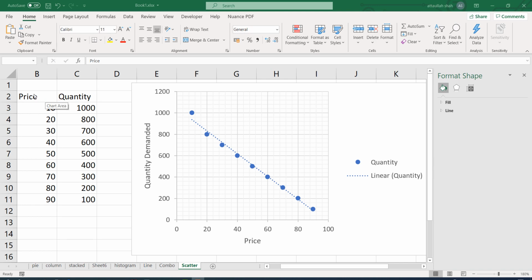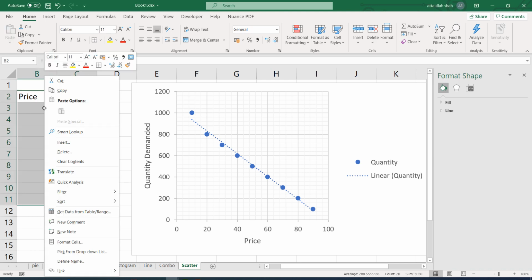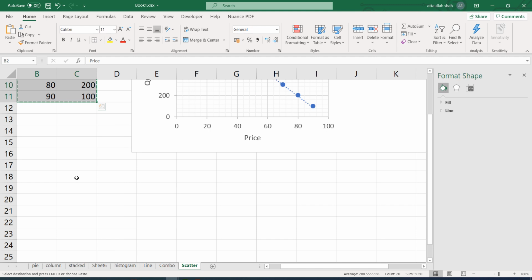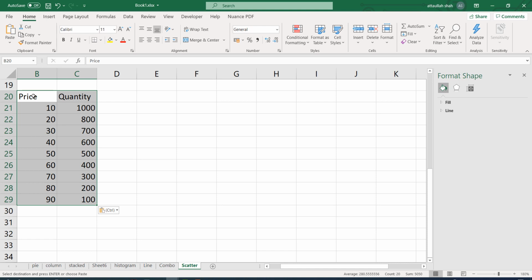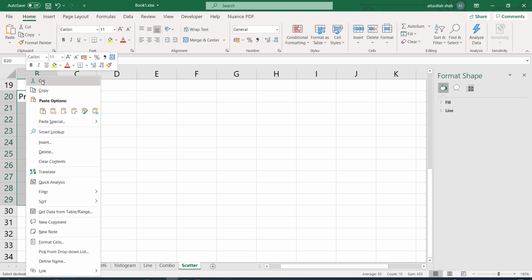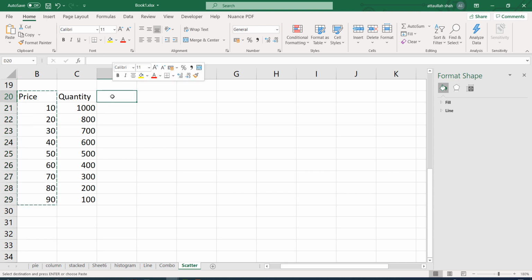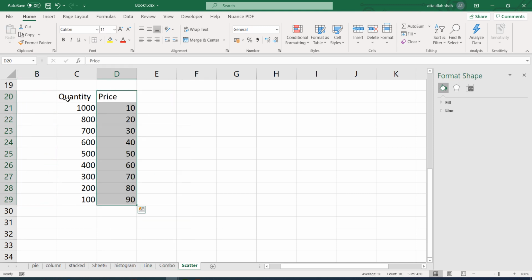So if I want to redraw this specific scatter graph according to what is being followed in the economics field, I would just put price in the second column. So that would draw the law of demand just like we see in the economics books. So now I put the quantity demanded in the first column and price in the second column.